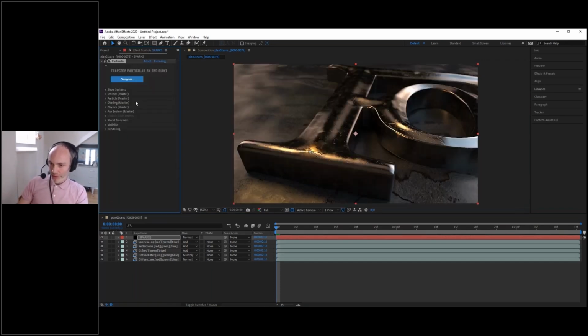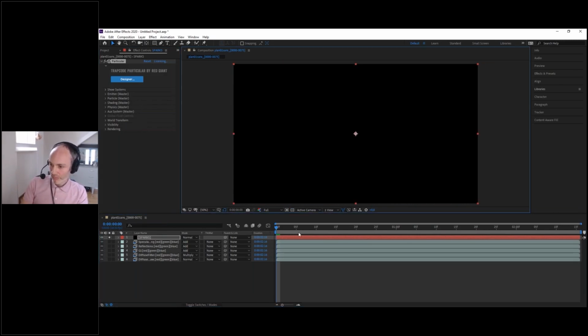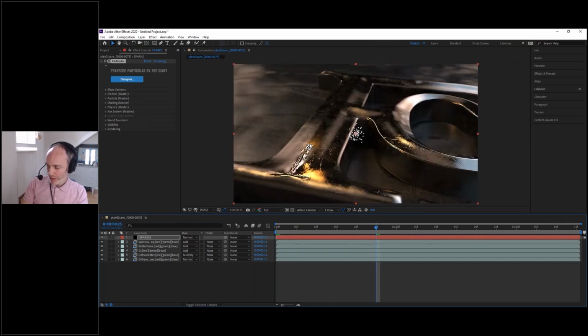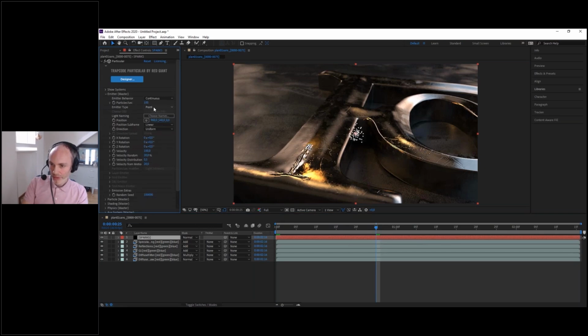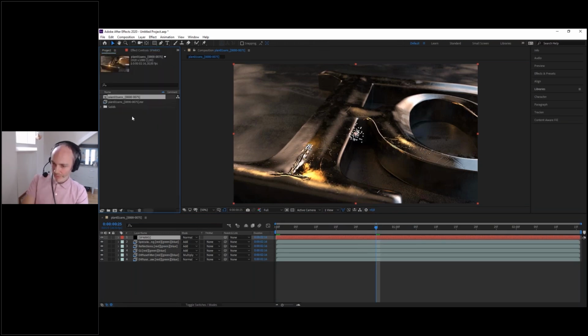Okay, and particular, I'll solo it. It emits particles. I need those particles, the emitter, to follow along the animation of my welding here. I can do it using a very nice feature in the emitter here, which is to use a light emitter. And the light emitter, I'm going to take it back directly from the Cinema 4D file. So I'm going to use Cineware for that.